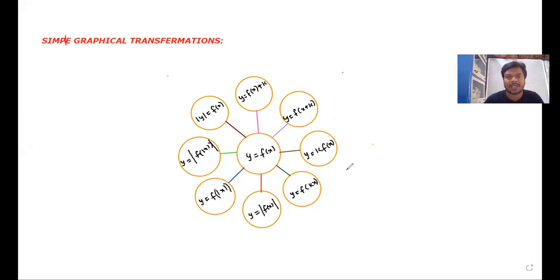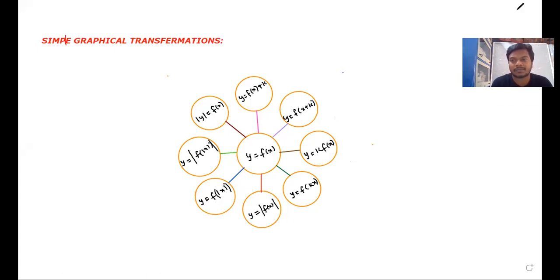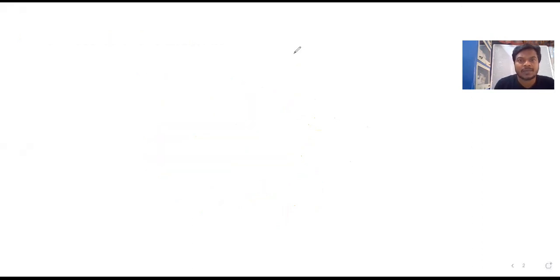First we'll discuss the graph of y equal to f of x plus k. Suppose y equal to f of x is given, and then how to draw the graph of y equal to f of x plus some constant, that we are